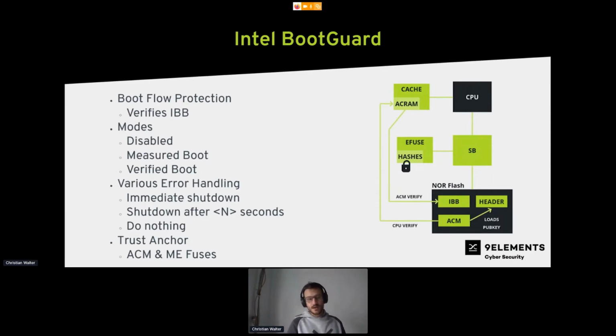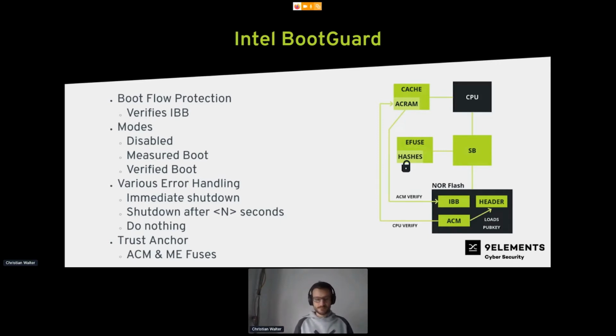trusted or not. It uses different trust anchors, so it also uses an ACM to do the measurements. However, it doesn't use the TPM, but instead it uses the ME, and the ME has fuses in there, and the hash of the IBB basically is burned into the fuses in the ME, so basically in the south bridge